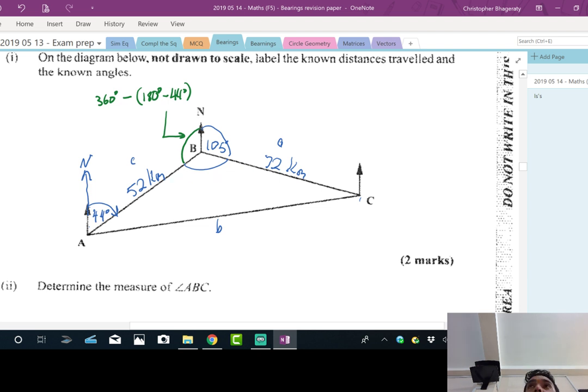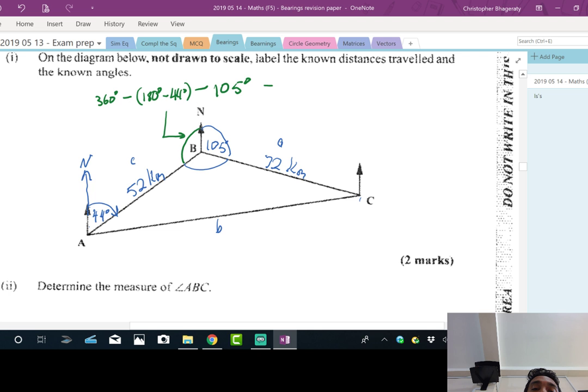Right? This whole angle here, you'd have to subtract this angle. So what if I did it like 136 plus the 105, and then 136 plus the 105 minus from 360? Yeah, that's it. That's fine, because think about it.